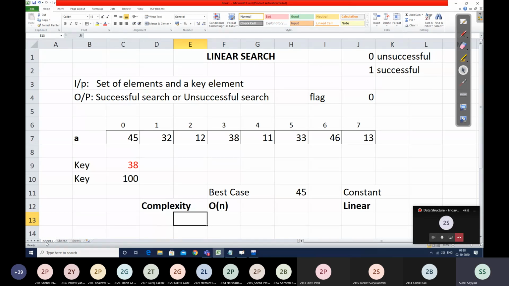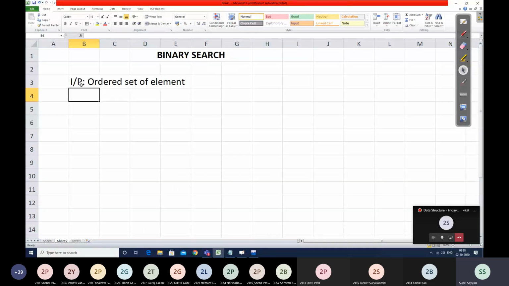So your input was random. But in case of binary search, what is the difference? Now you know that your input is not random, but ordered. This is a prerequisite to this problem.